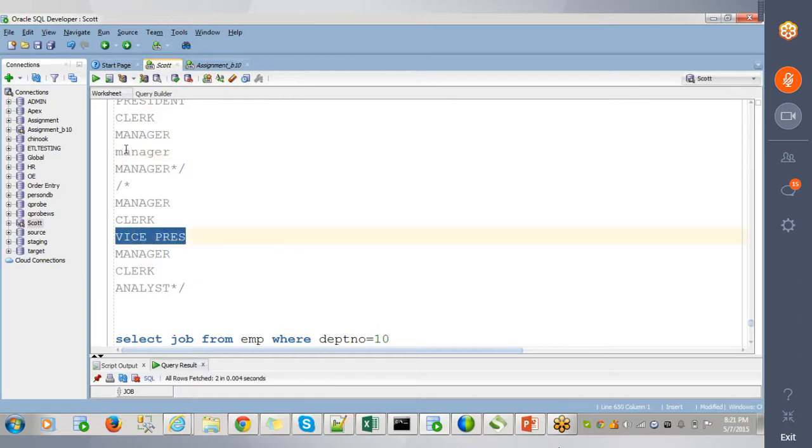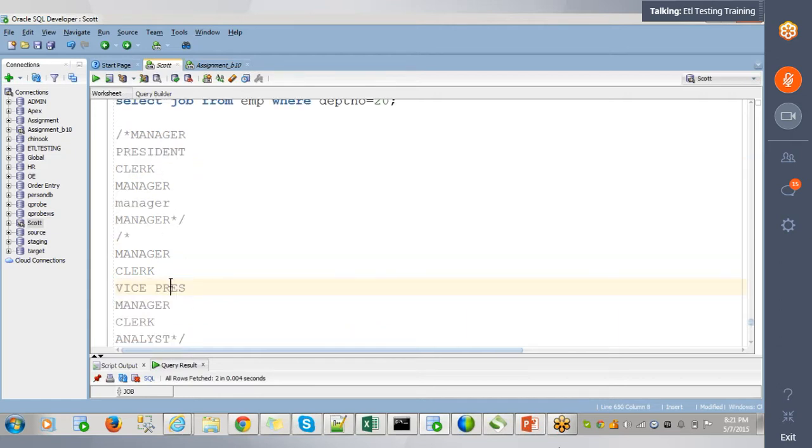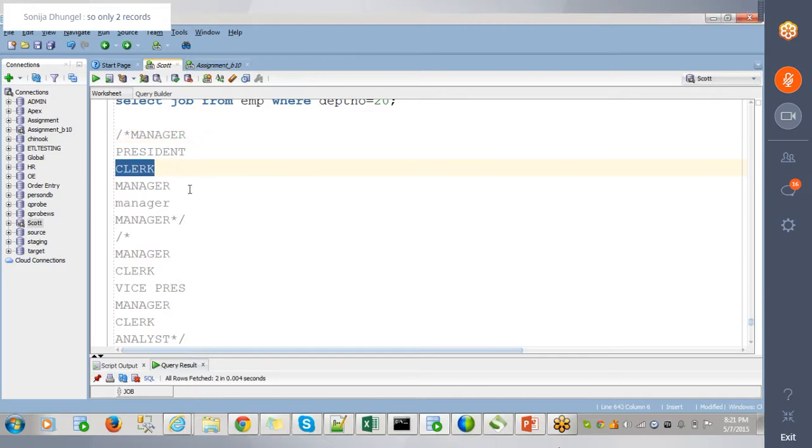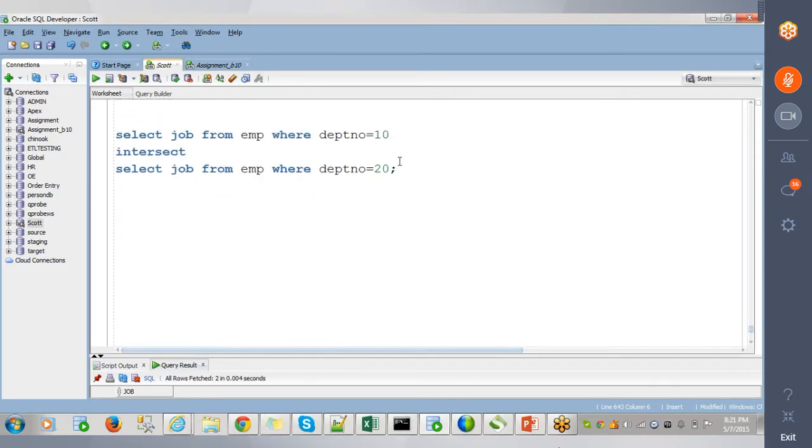I don't have a vice president in this. I don't have an analyst in this. So what do I have in common in both the outputs? I have manager as common. I have clerk as common. So when I say intersect, I'll be getting